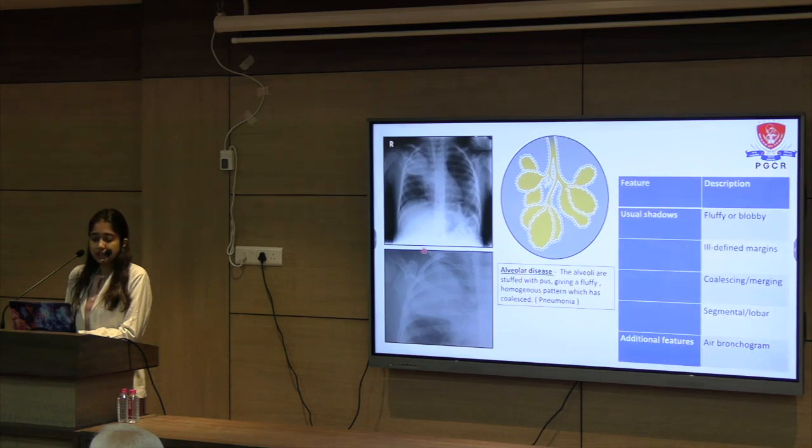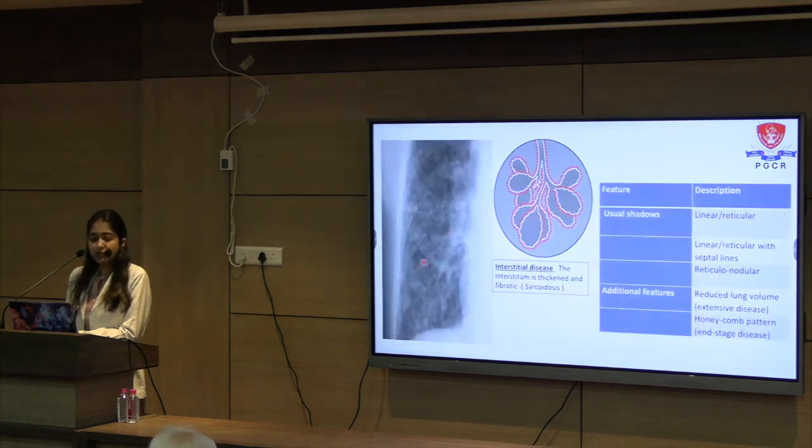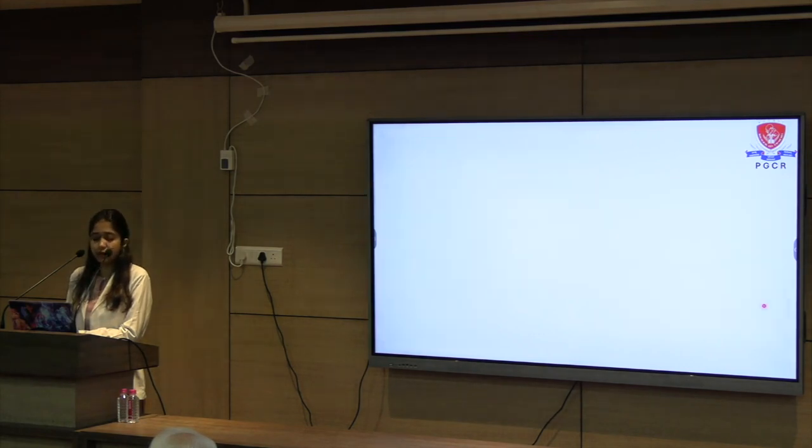This is a chest radiograph, and what we can appreciate is an ill-defined homogeneous opacity with air bronchogram in the right upper lobe, which is delineated by the right horizontal fissure. So this is likely an airspace opacity. These are the descriptors which we use while reporting airspace opacities. In this chest radiograph, we can appreciate multiple linear and reticular opacities in the right lung parenchyma, which is suggestive of an interstitial disease. This interstitial disease can be of linear, reticulonodular or honeycombing pattern.